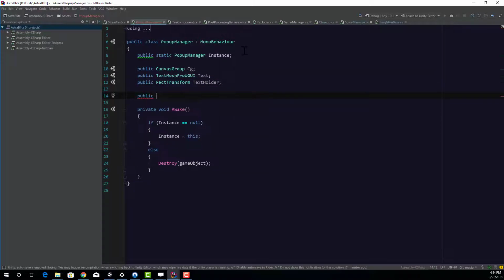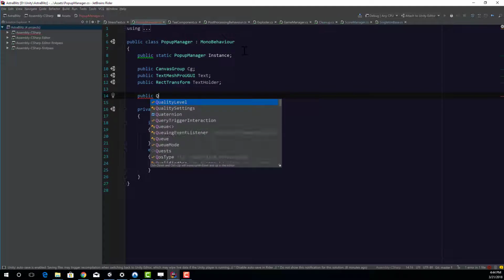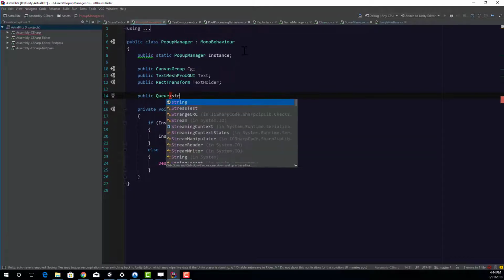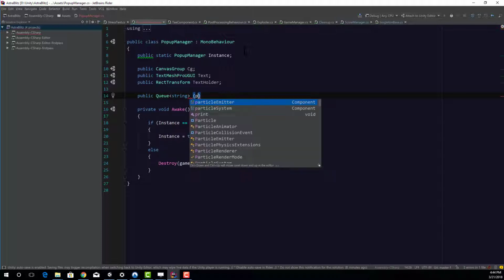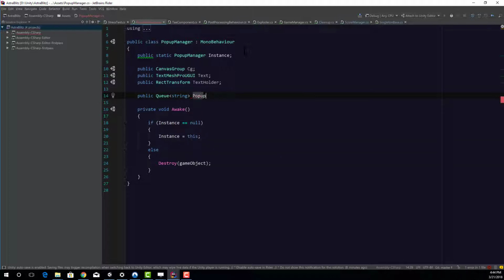Now we can set up the queue, so public Queue, and we want to take in a string because we're going to change the pop-up text with this string variable. So we go popupQueue, that's what I name it, new Queue,